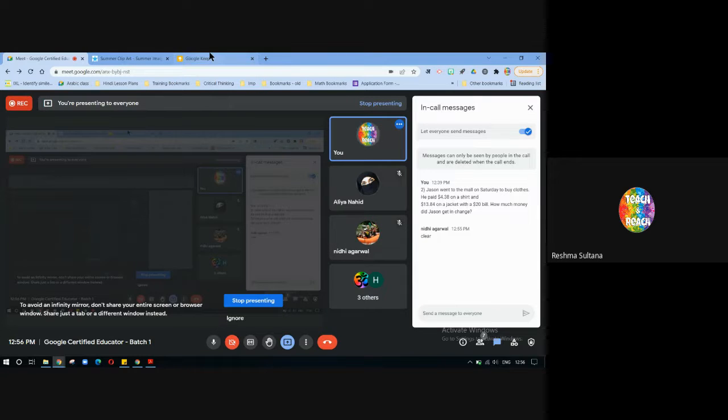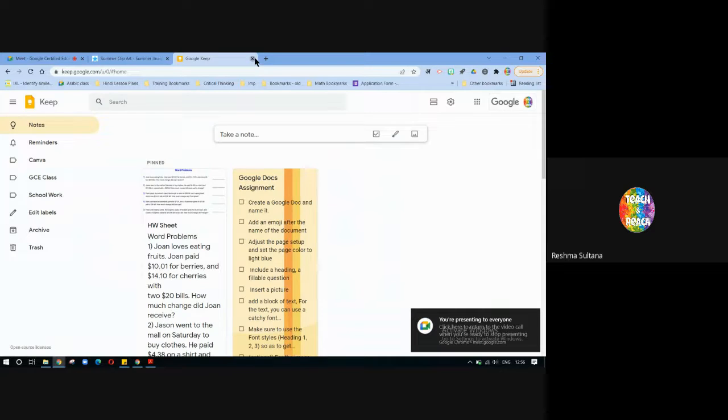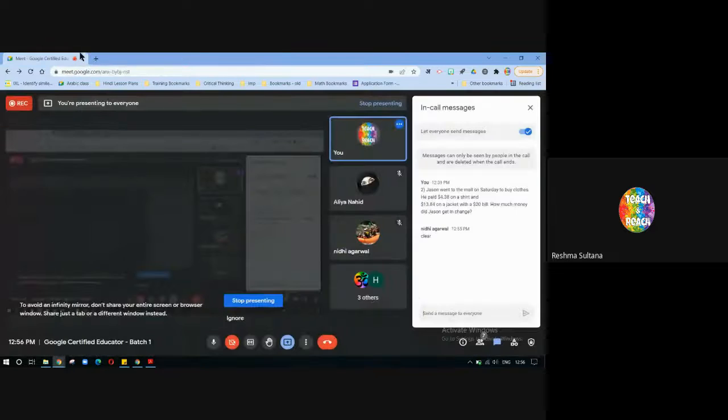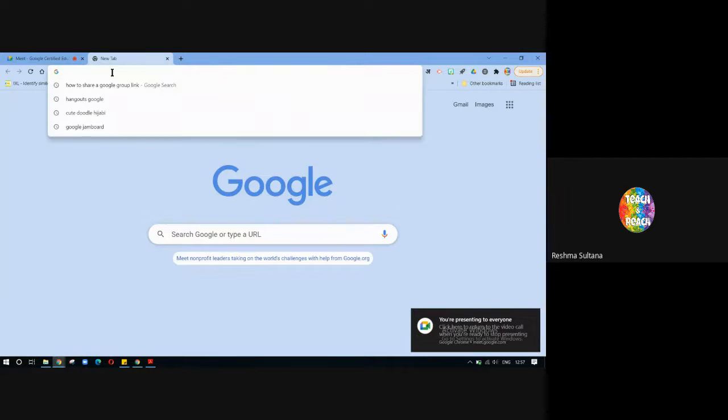Okay. I'll just go to the next tool, which is called Google Tasks. Now, when I hear the word tasks, I know that it's basically the tasks that are to be completed. So it is a very small and simple tool. You can have it on your phone as well as use it from your laptop. It doesn't have a specific website, but it's integrated with Google Mail and Google Calendar. So let me show it to you. If I open mail.google.com,